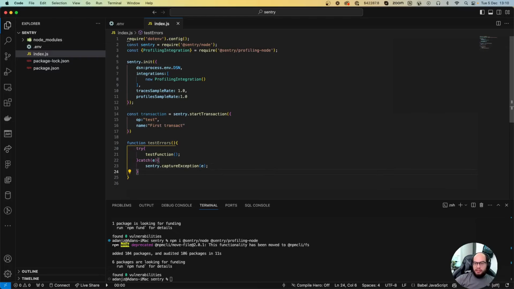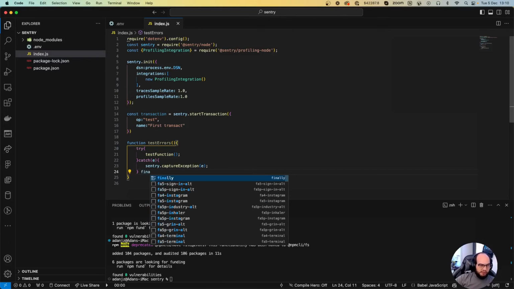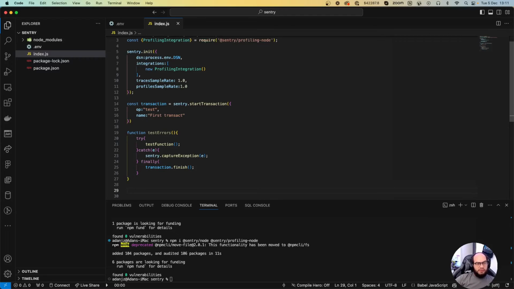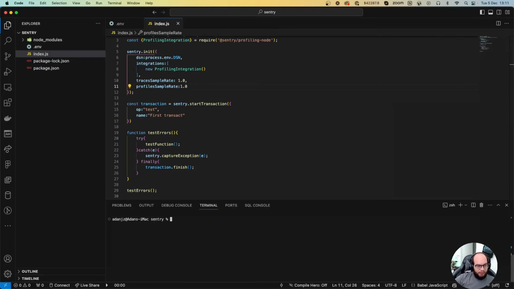And here on the catch, you can do like a finally, transaction.finish. So we know like, hey, that finished. Okay. And of course we need to send the method, the function, because if not, nothing's gonna happen. Okay. So if we clear this out, and if we start this Node.js, nothing is gonna happen,